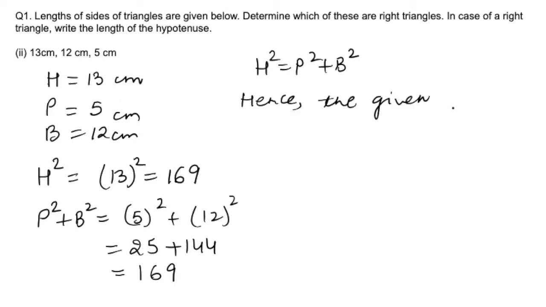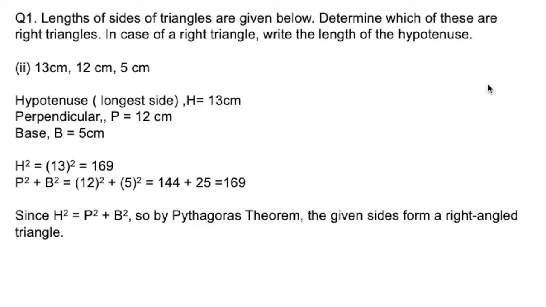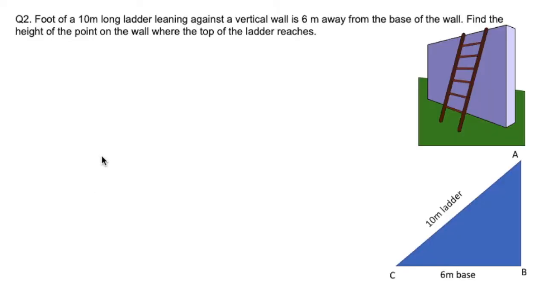So this is the way you are going to prove the result for each of the parts that is given. The given sides form a right angled triangle. It is very important to solve the questions side by side so that you have a better understanding. Step-by-step solution for this is represented in the slide, as you can see. So this is the way you are going to present your answer in the paper. Now let's move on to question number 2.